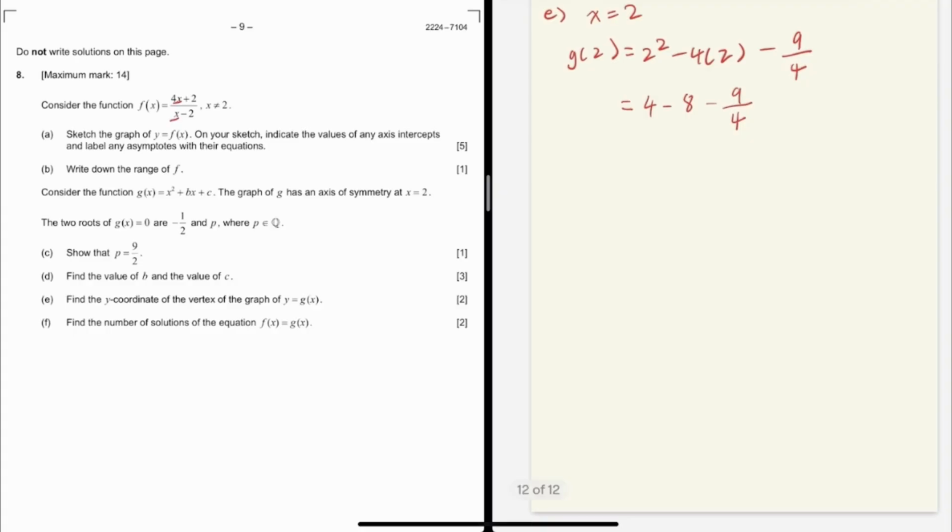And then that is equal to -4 minus 9/4, and so -16 minus 9/4 over 4, which is equal to -25/4. Therefore, the y coordinate